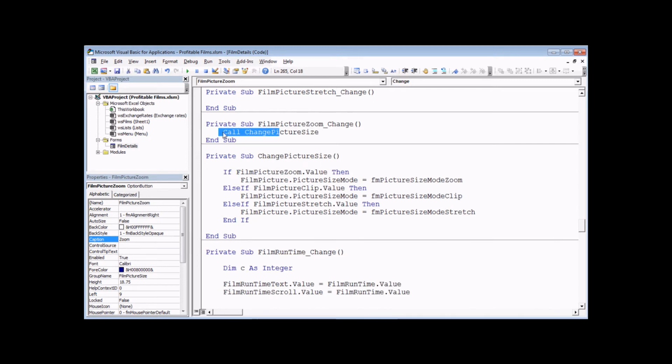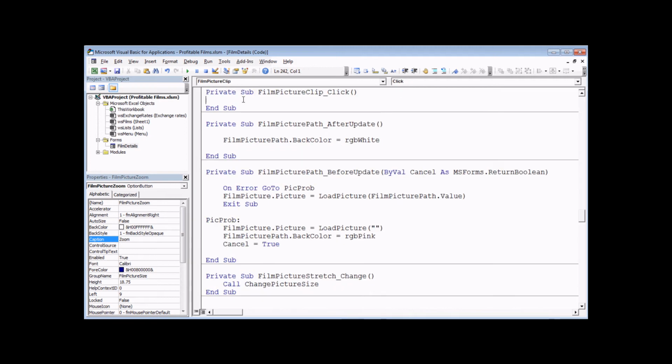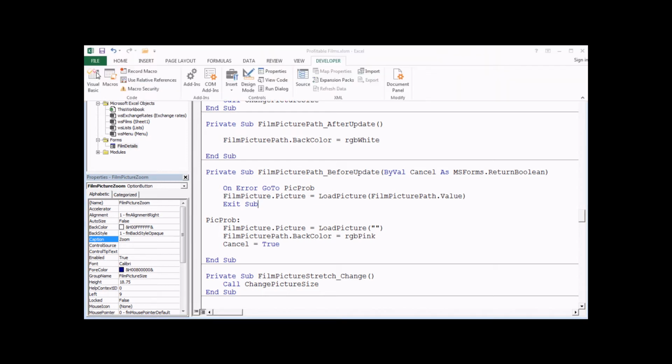And then I just need to call the same procedure. So I'm going to copy and paste that line of code. And then one more time, let's find the film picture clip option button, and again, just paste in the exact same call to the same procedure. Okay, so having done all of that now, if I switch back into Excel, I should be able to show